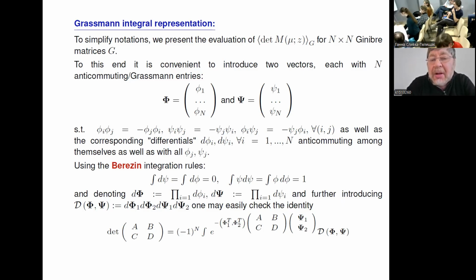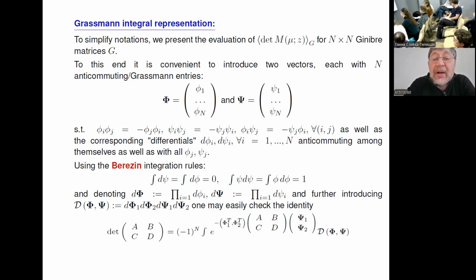And the rules are very simple. The integral of every single anti-commuting variable is just 0. And the only non-vanishing object is psi d psi or phi d phi, where one can choose any convenient normalization. I choose it to be 1. Then I denote products of differentials for phi and psi by boldface differentials, just for brevity, and finally combine all 4 differentials of these vectors